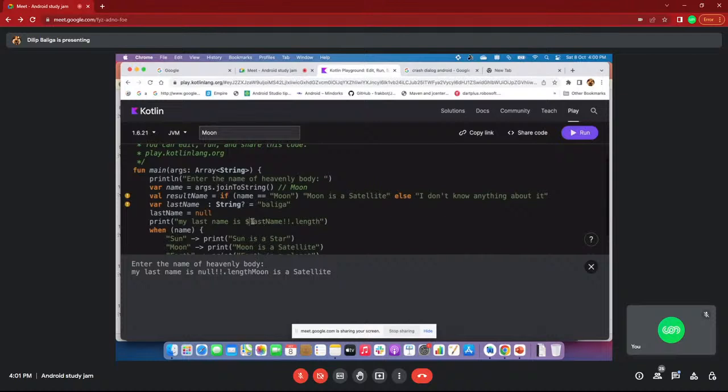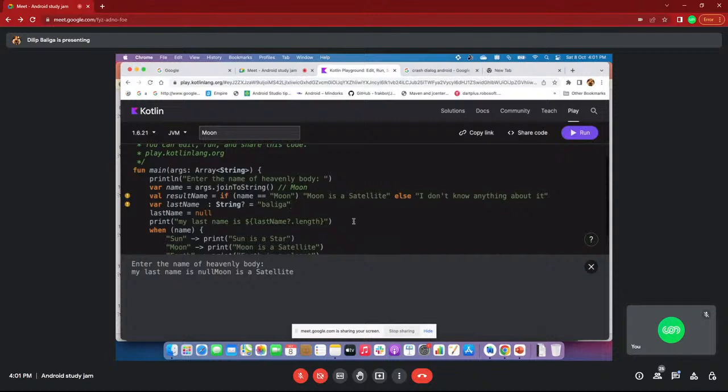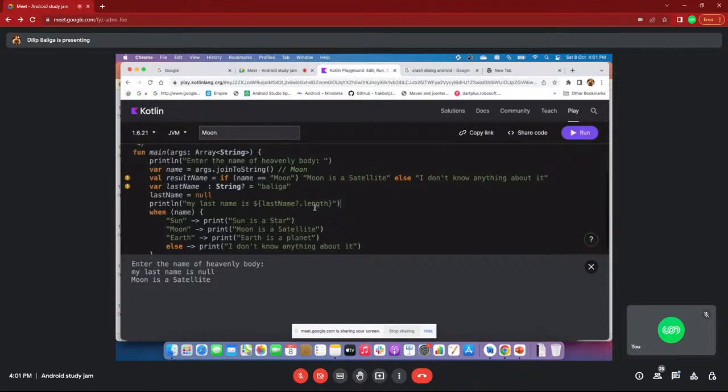But if you add that variable, see, now my last name is Moon. One second, I'll go to println here. See, my last name is length.